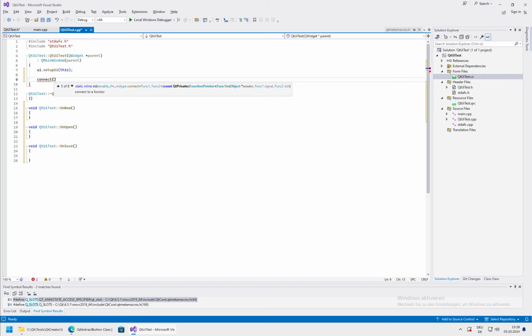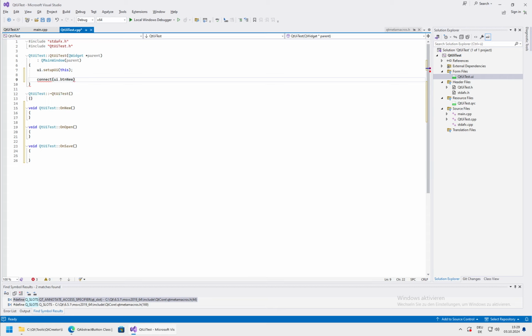So you see that there are quite a few different connect implementations, and instead of an object that has a slot, you could use a lambda function, for example. So this on one hand adds a lot of flexibility to the code, but also makes the Qt implementation a bit more convoluted. So as mentioned, we need a sender,